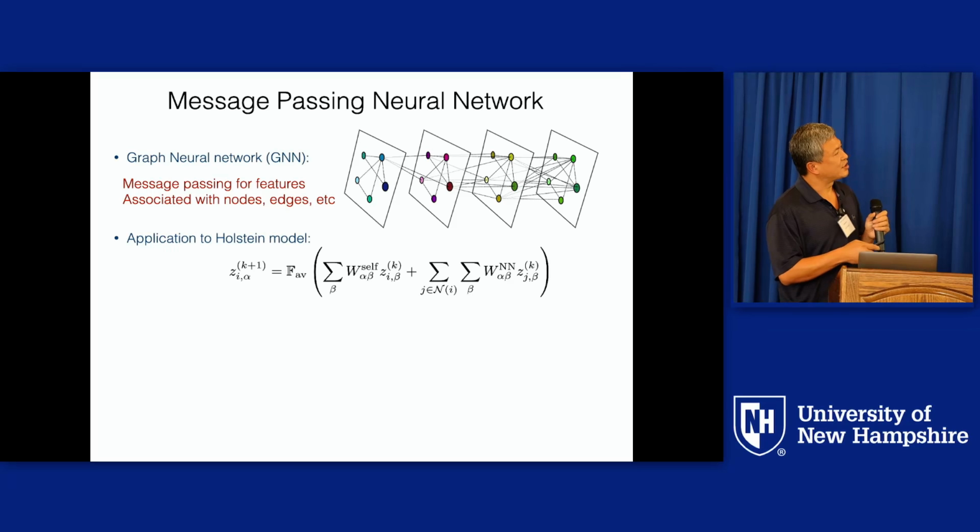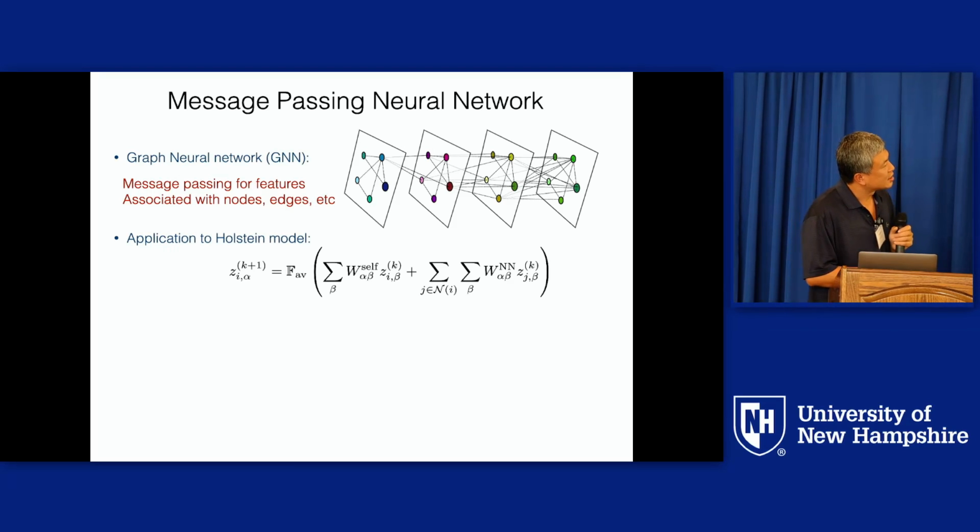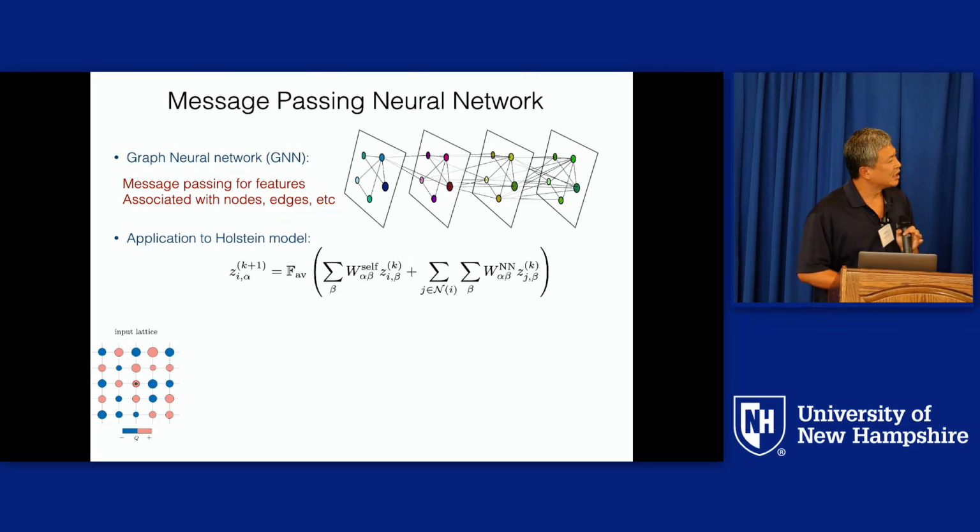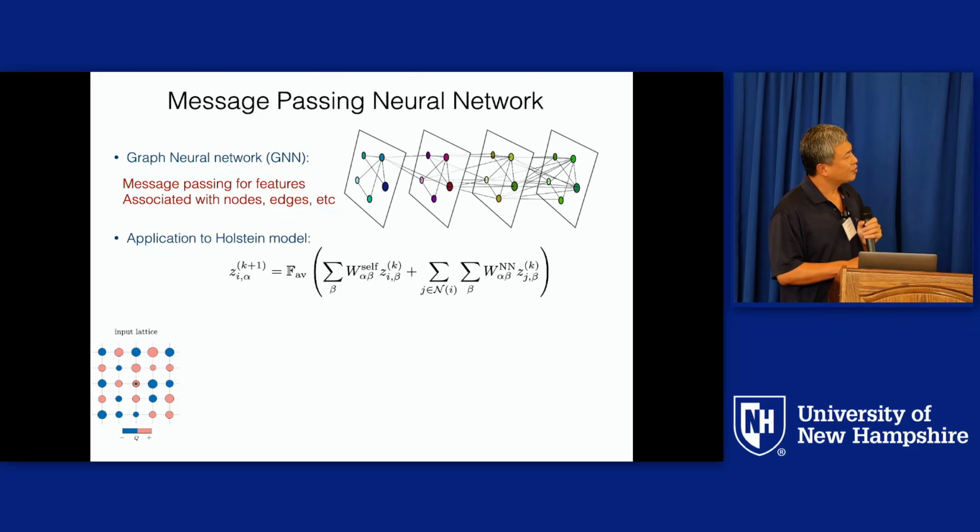And then you have spatial message passing neural networks or blocks to transform these features. So in our case, to apply this to the Holstein model, we only use node features. We don't consider edge features. So the input there would be just the original lattice. And on every lattice point, we have these Q variables indicating the distortions of the local